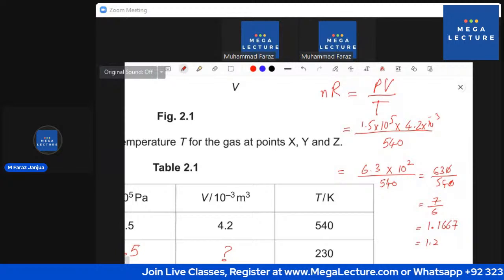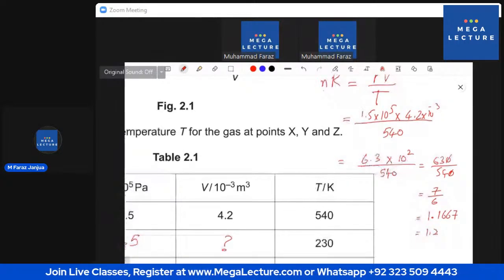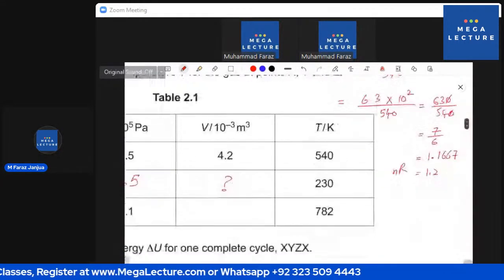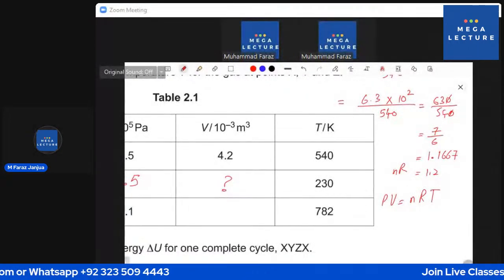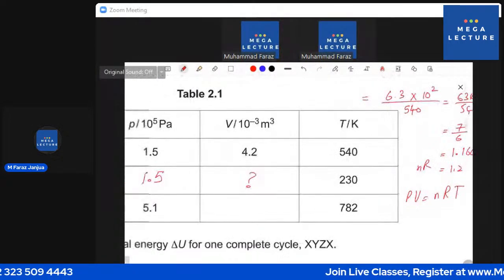Now we know the value of nR is 1.2. Now we need PV equals nRT. We are looking for V. V will be nR, that is 1.2,